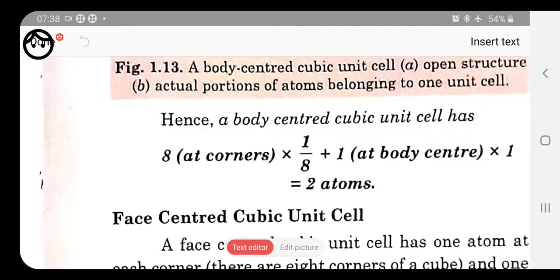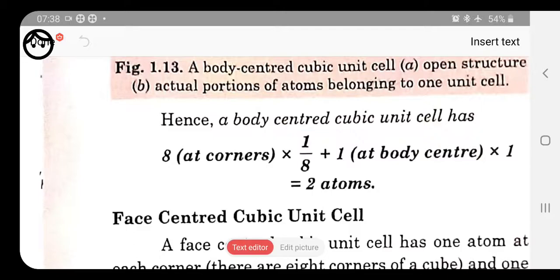So the total atoms present in the body center is 2. This is very necessary to remember, how many atoms are present, because with the help of this, questions will be asked. Sometimes the question may be asked that if atom A is present at the corner and B at the center of the faces, then what is the formula? Corner means 1 only, so A is equal to 1, so simply here you can write A.